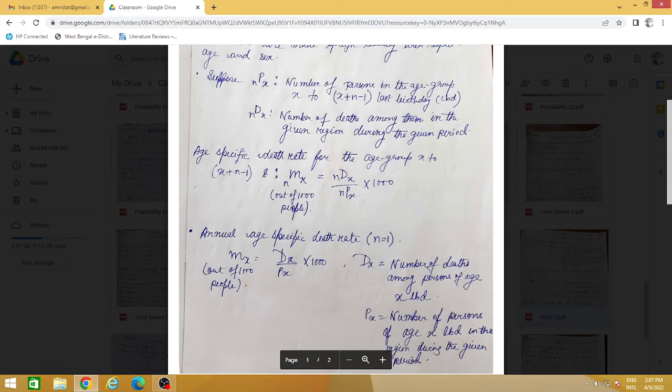Now comes age and gender specific. So what did we do in the previous one? We only specified the age. Now we will also make it specific to the gender. We will find these measures for the male population as well as for the female population. Okay, like this we will get columns of deaths and populations, or death rates, simple death rates, with which